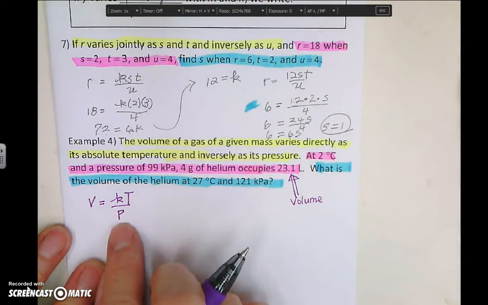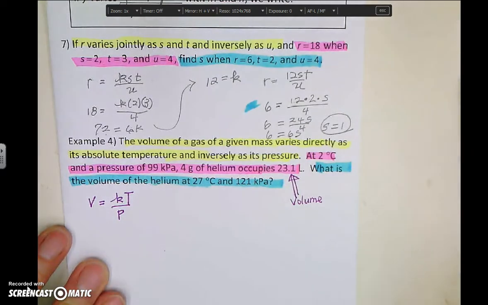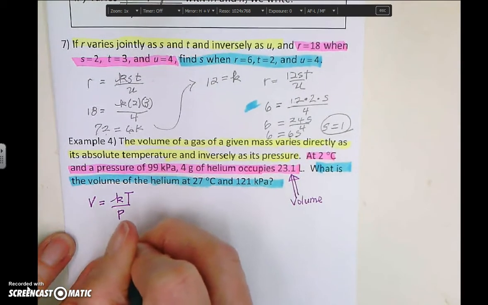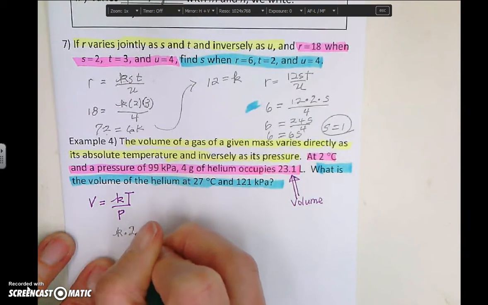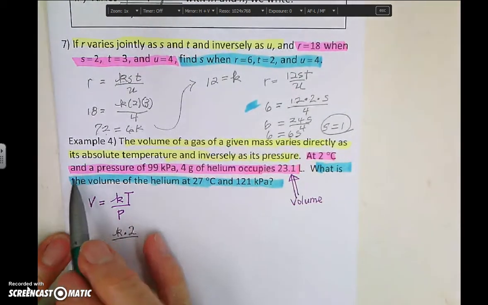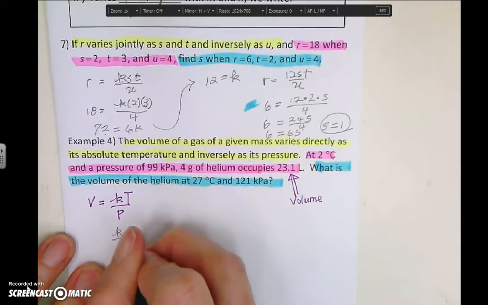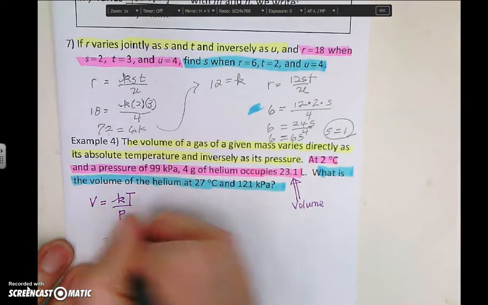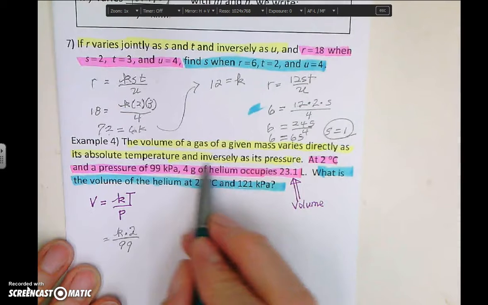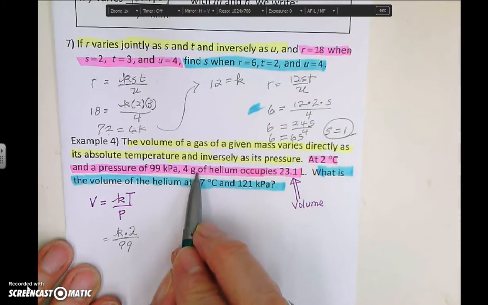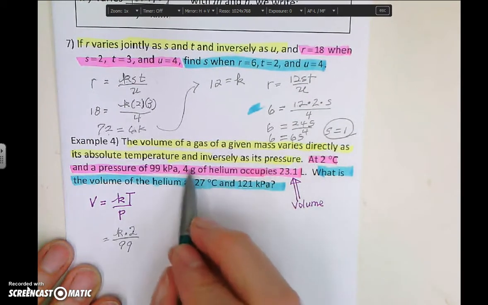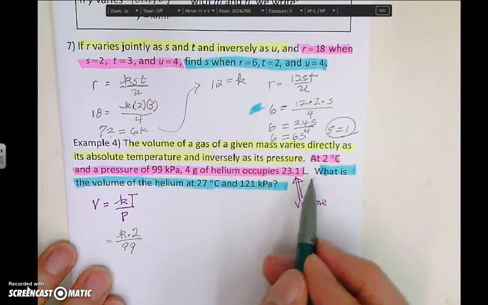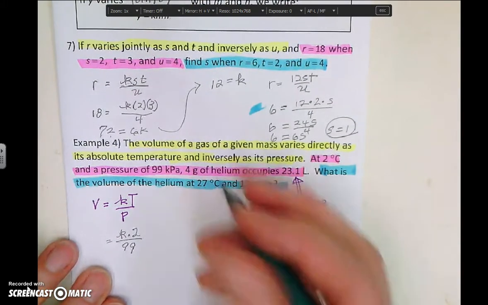So it's inversely, it's going to be over it. Then the pink section here, I got 2 degrees centigrade, so I can figure out that that's my temperature, 2, and a pressure of 99, they say it right there. Four grams of helium is actually the given mass. So that's my given mass right there, and the number of liters is the volume, so it's equal to